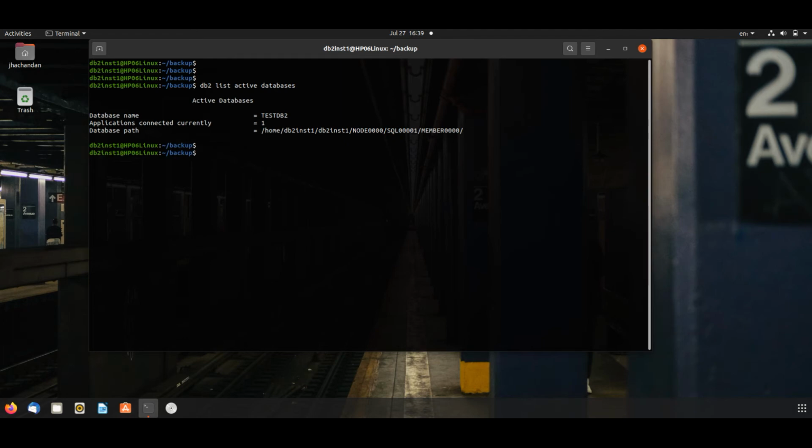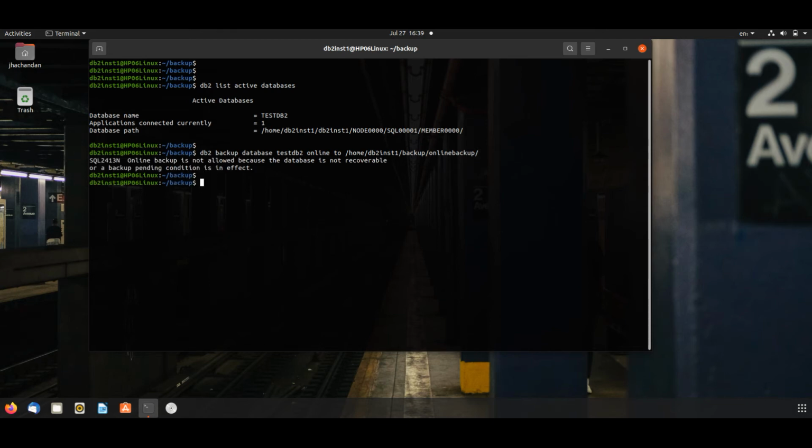Initiate the online backup command: db2 backup database test db2 online to home db2inst1 backup online backup. Execute this command.